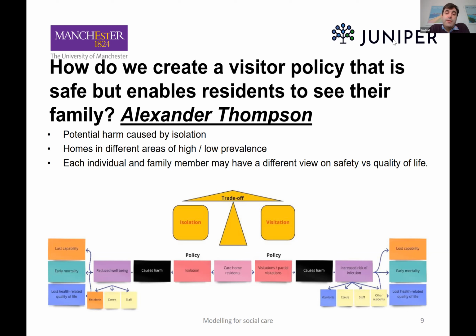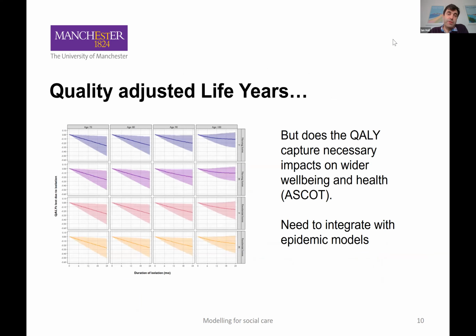allowing visitors. And so we had to do a trade-off, and we brought in a health economist, Alex Thompson, who was able to look at this harm trade-off and improve upon my fudgy cost-benefit analysis to look at the harms of a disease outbreak compared with the impact of isolation. And so we were able to get some measures of the quality impacts of isolation, but this is a really understudied area. And so it's very hard to look at these